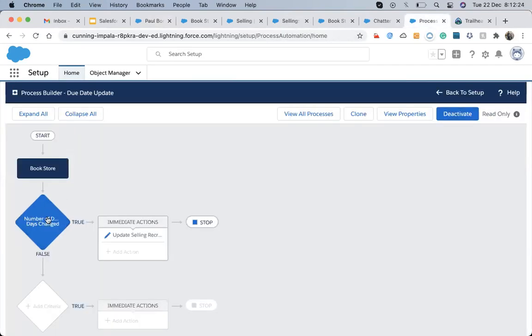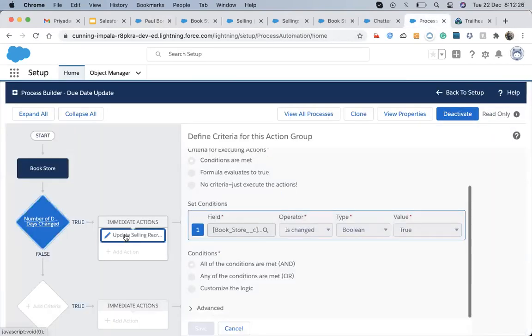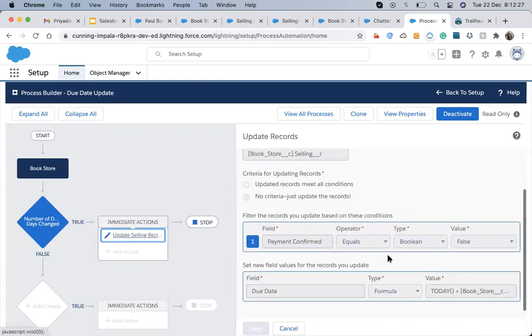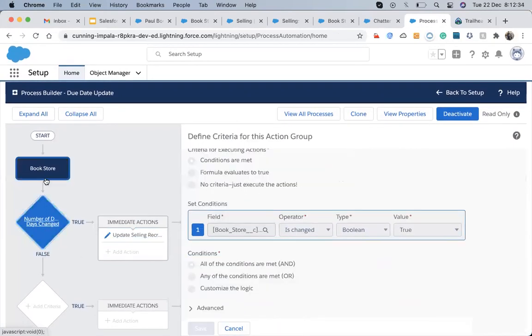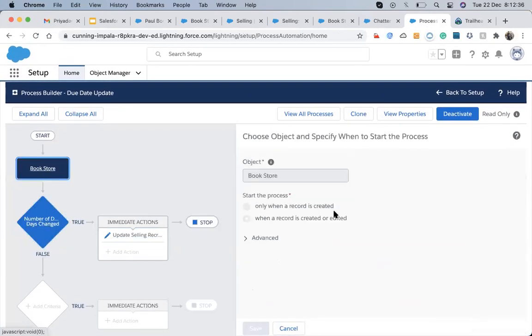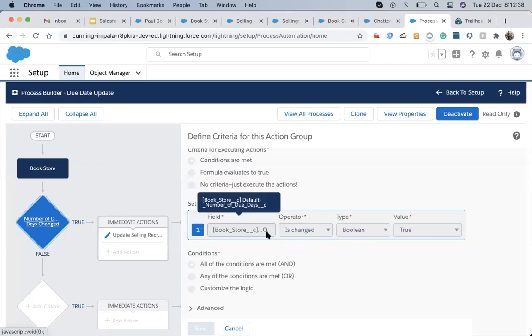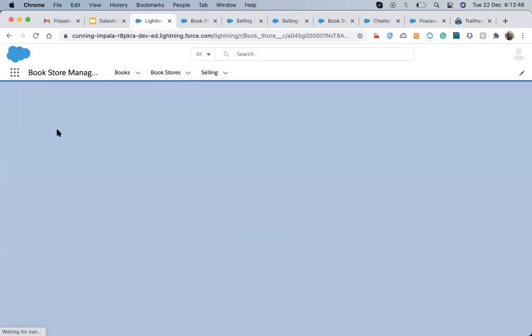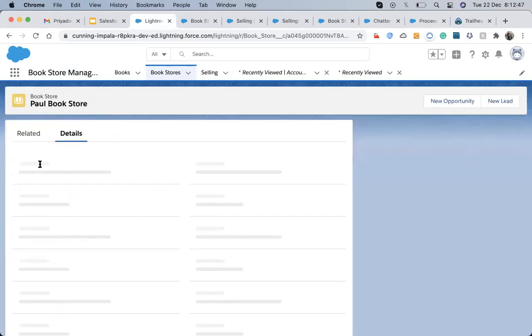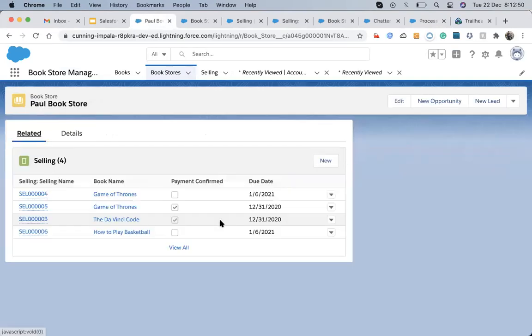I activated that, changed equals false, due date, that is also correct. Record is created or edited, true. Let me refresh it. Yeah, it was just not refreshed.